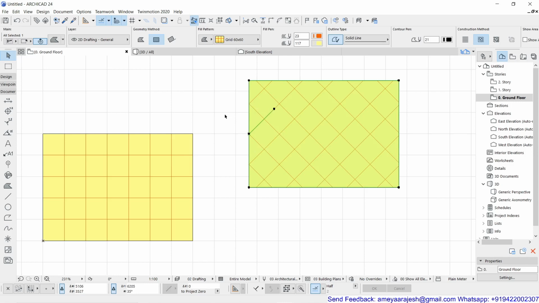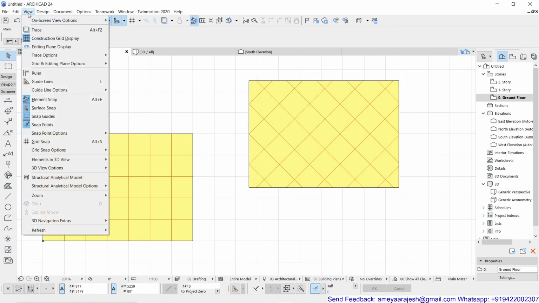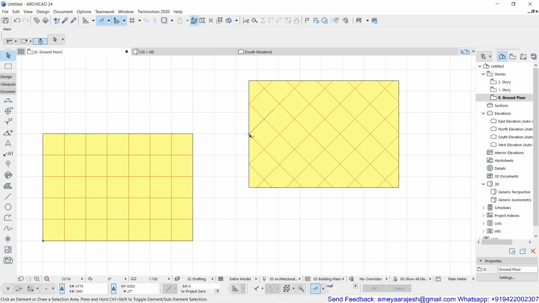If you want to see this handle even after deselecting the object, there is one possibility: you can go inside the pull down menu View, Screen View Options. Here you can activate the Field Handles option, so that you will see one black color vector on my screen over here with the cross mark. So that was the origin and the direction of the vector.